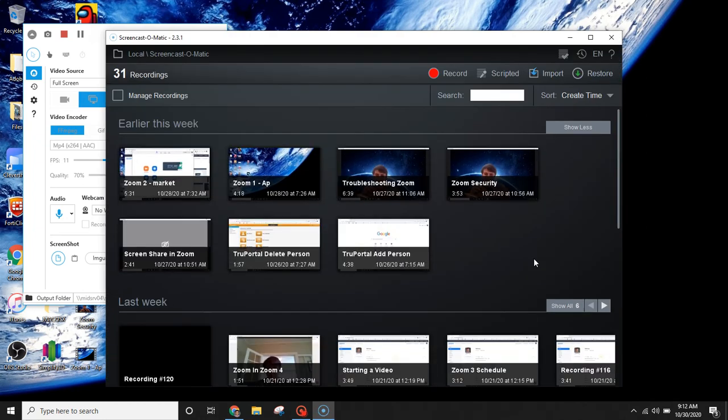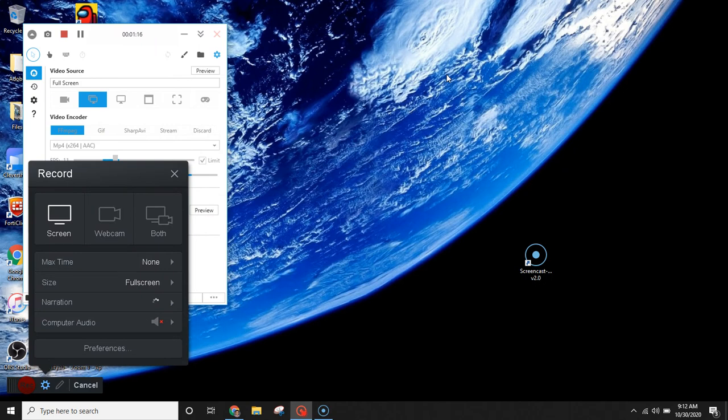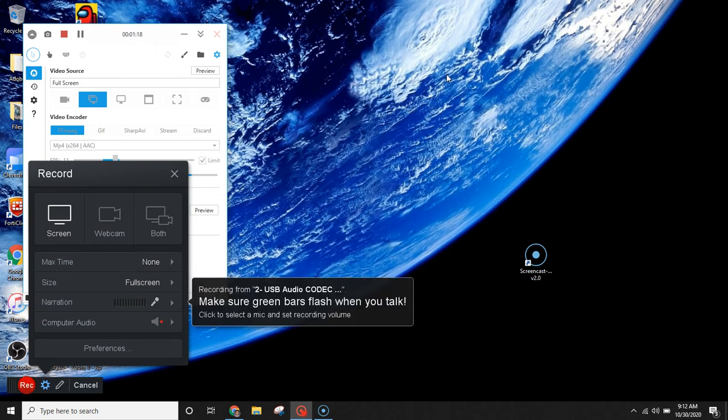All right, once you have Screencast-o-Matic opened up, you can see you're given this nice program window where you can either choose to record, you can build out scripts, you can restore videos, you can import videos, you can do a lot of great stuff in here, as well as update the program. In this case, I want to record a new video. In this tutorial, we're going to be looking at how to use Screencast-o-Matic to record, let's say, a lesson for